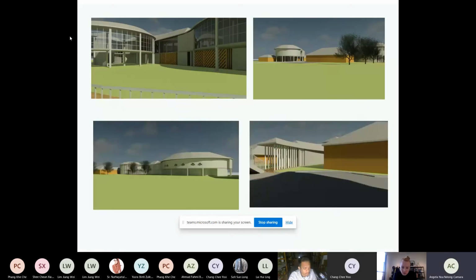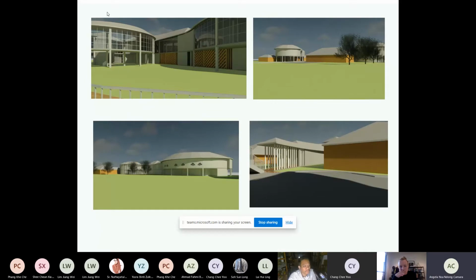Here are my rendering pictures. For the first image, as you can see, I try to show how my facade will look, which is located at the ground floor.